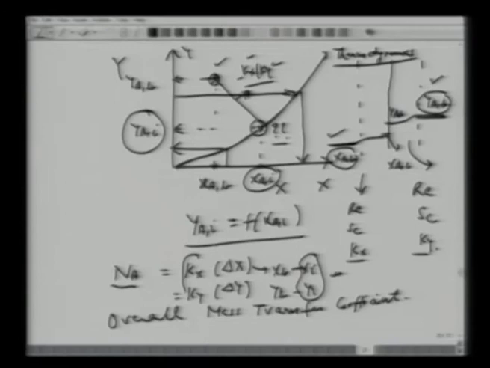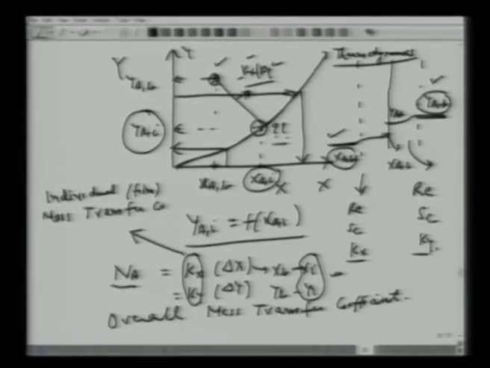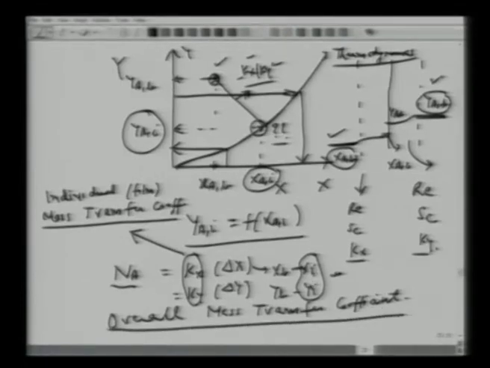So what we have is individual mass transfer coefficients, or film mass transfer coefficients. There's no harm. One can still calculate kx, ky given Reynolds number and Schmidt number, but now we don't. All we know is the relationship between y and xi's. But since we do not know the exact values of individual xi's and yi's for our design calculations, we need another definition here, which is the overall mass transfer coefficient. So let's see what the overall mass transfer coefficient is.